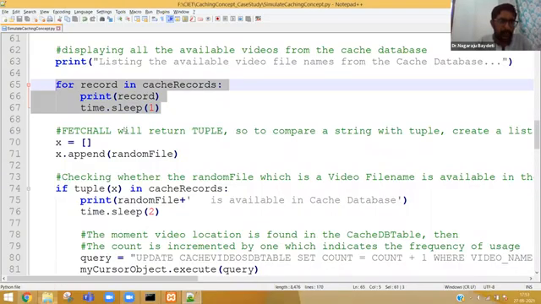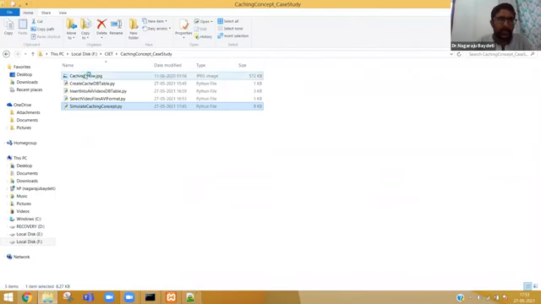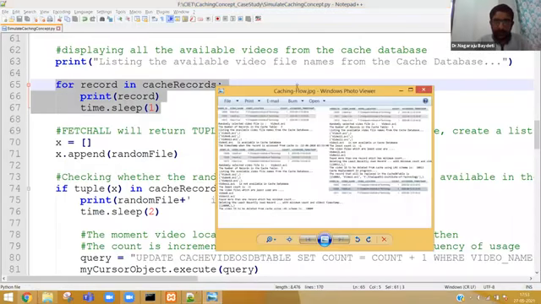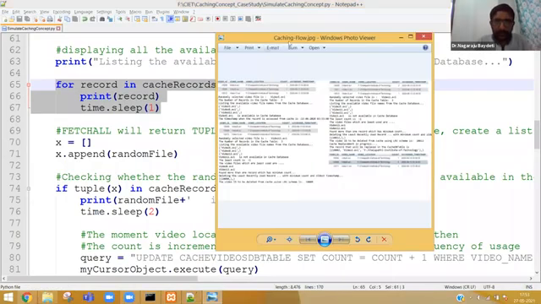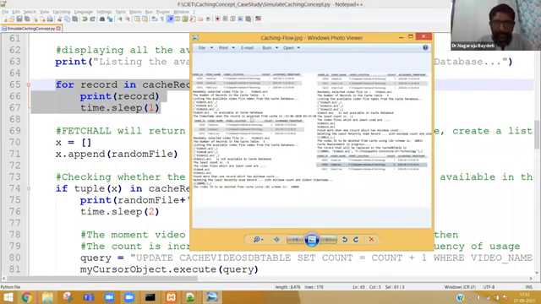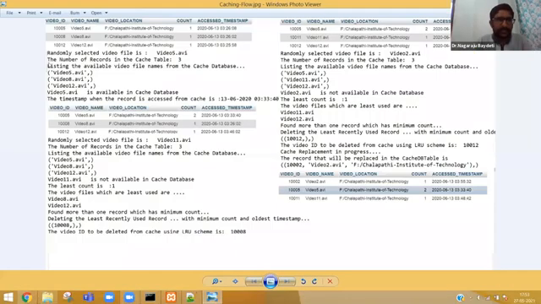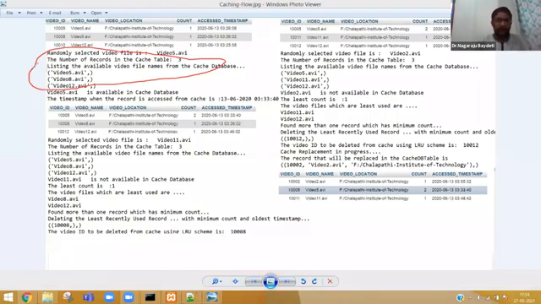Let me show you the screenshot so that you will understand what this code is doing here. See the screenshot, listing the available video file names. This is the part of the code which I am trying to show you. In this part, we are first displaying record by record in the cache table.